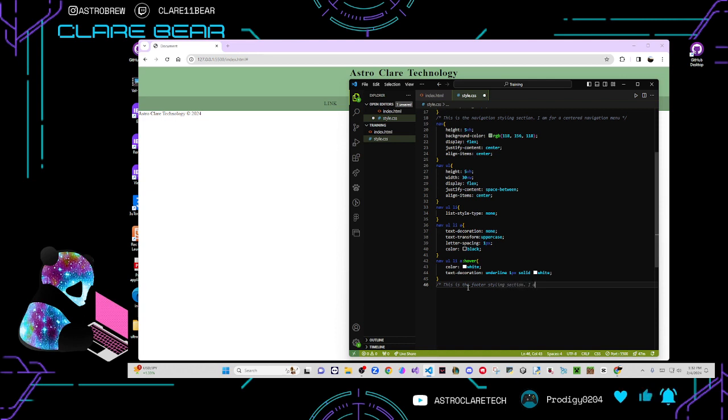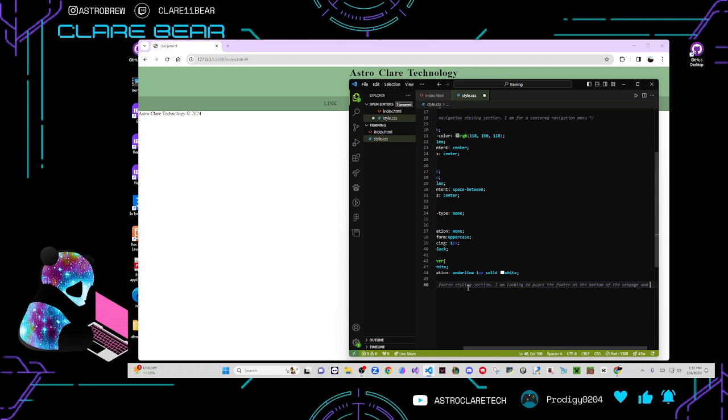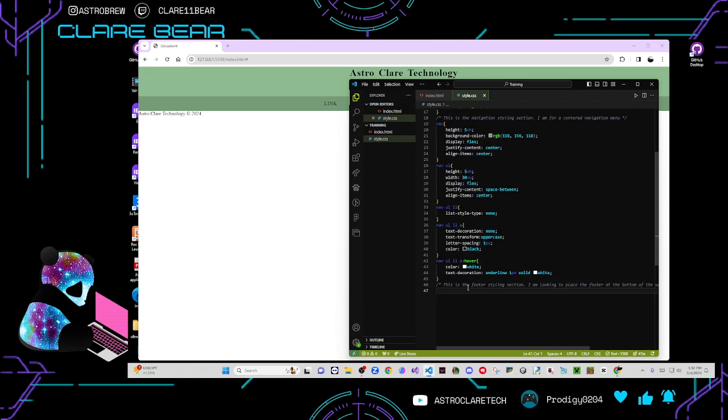I am looking to place the footer at the bottom of the web page and make it stay there. So do that comment, click save, and you see none of your comments in your CSS sheet show up here. That's what we want. It never should show up here, but what it does is just allows you to have